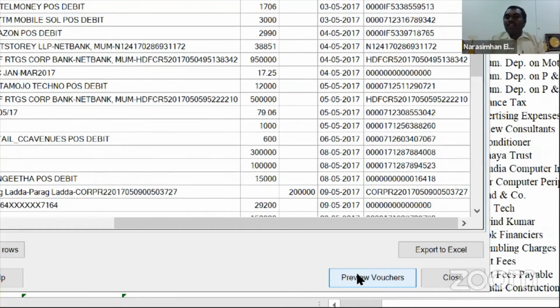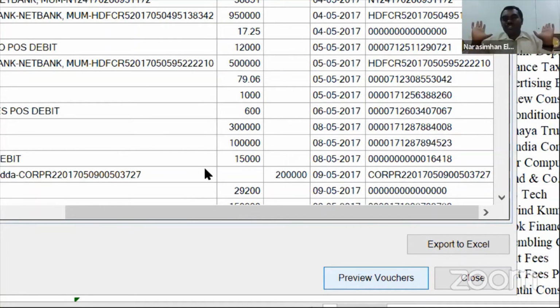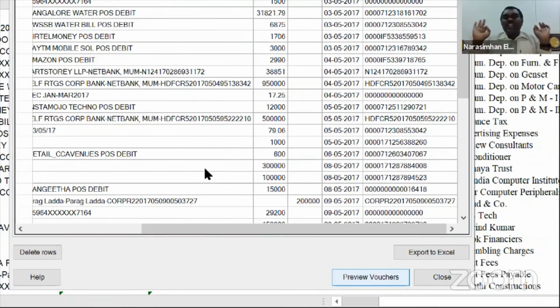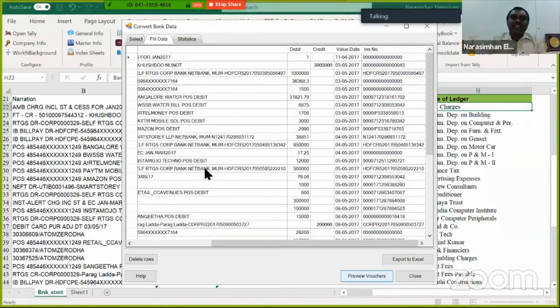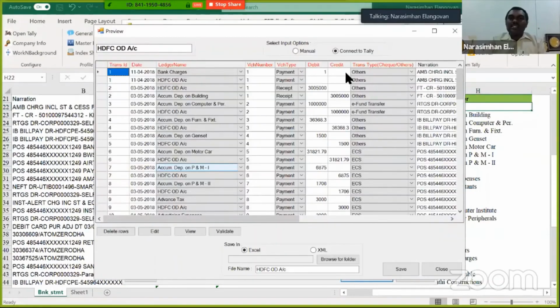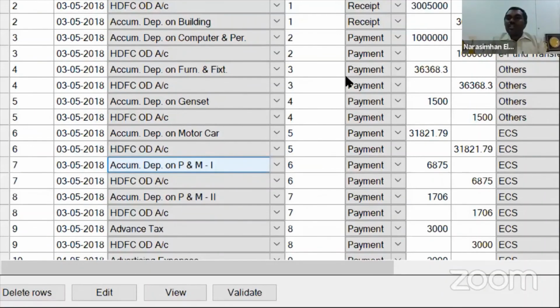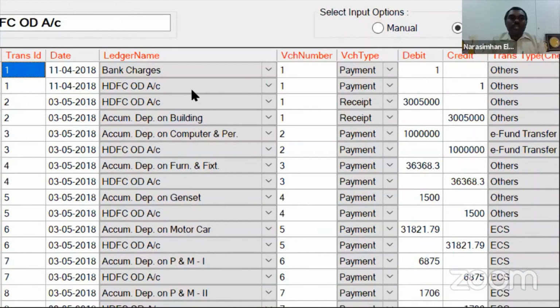The moment I click on preview vouchers, look at this. All the journal entries are ready for me. I repeat, all the journal entries are ready. Look at this. Bank charges account debit, HDFC account credit. It is a payment voucher. HDFC account debit, accumulated depreciation. Again, as I told you, I've just chosen some random name. Correct? So all the journal entries are ready.